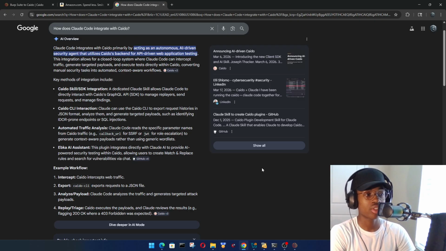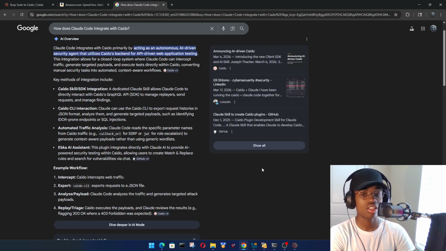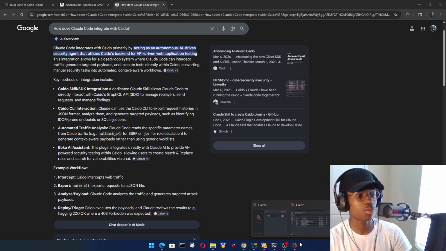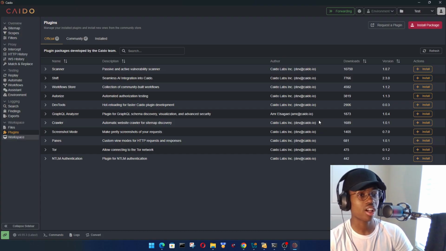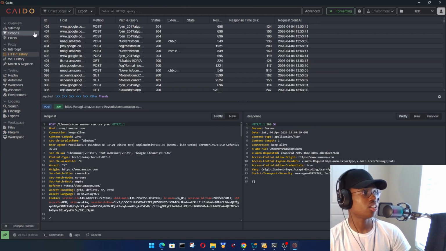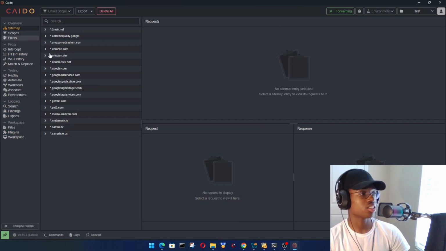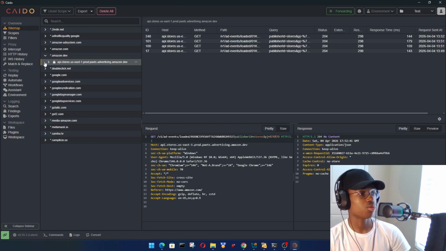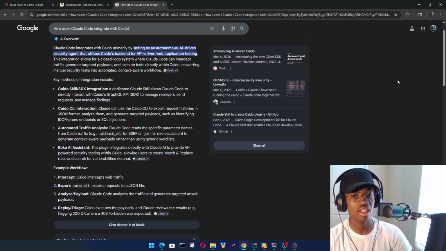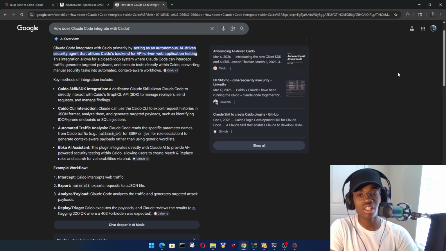You'd have to screenshot it and send it over to an AI for it to analyze, but now it can just look for you. And since you can easily save your projects, maybe you want to go back and have AI do that later. You can just reopen it and go to your HTTP history. You also have your sitemaps where you can organize this stuff nicely and look at what you want to look at. I think it's just way better designed for a bug bounty hunter who's on a budget, or